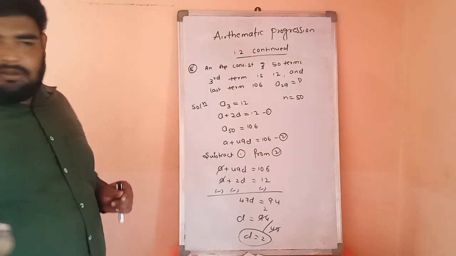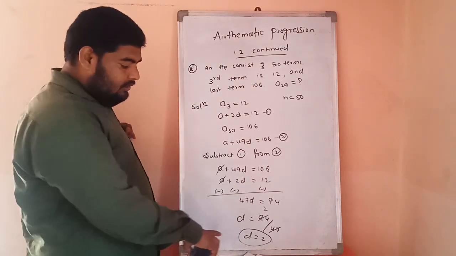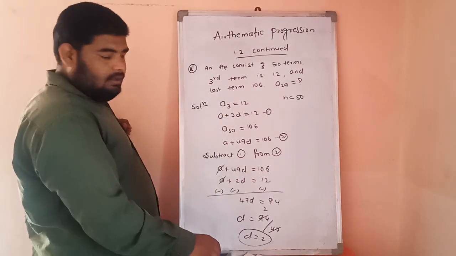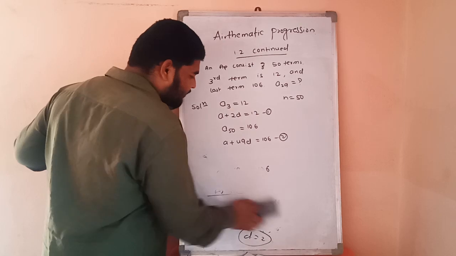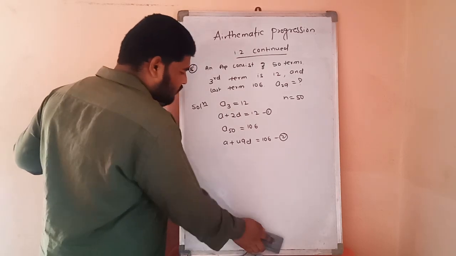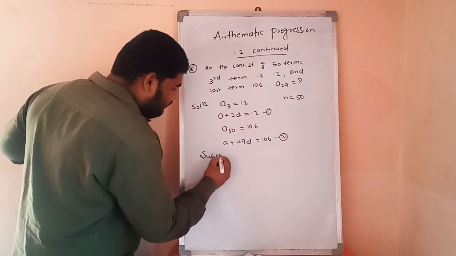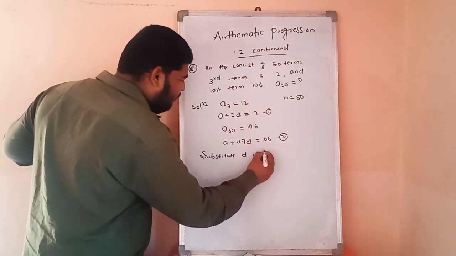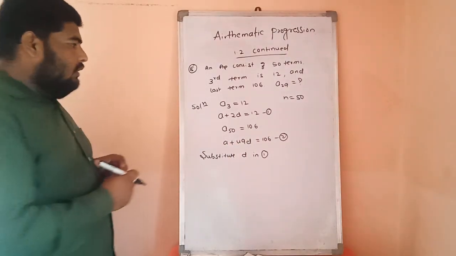Clear of this? Okay. So now common difference how much? D equal to 2. Now substitute the value of D in equation 1. Substitute the value of D in equation 1. So equation 1 is